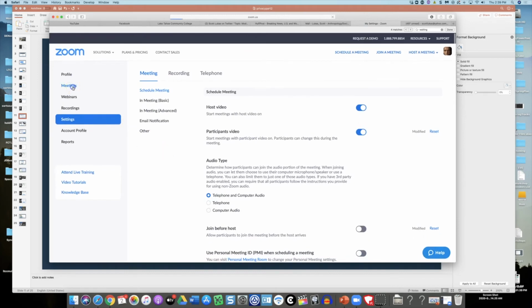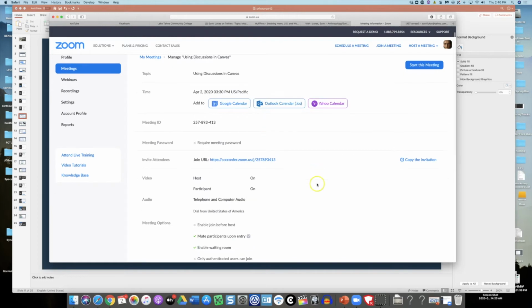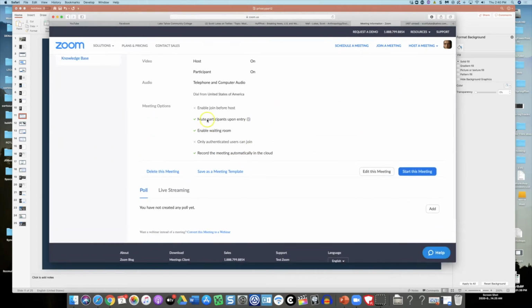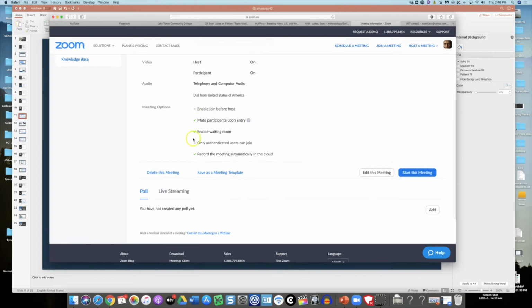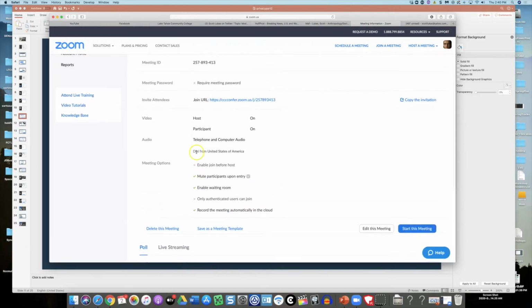Now, when I then go to a meeting, if it's a meeting I've already set up, I can actually go in there and edit the meeting. And you'll notice if it's X'd out, it's not active. Just like in Canvas, if something is published, it's green. It's gray if it's not. So as long as it's green here, I know that I've enabled the waiting room. If that's not the case, I just hit edit and I can change that. So that is the number one. That's key there.